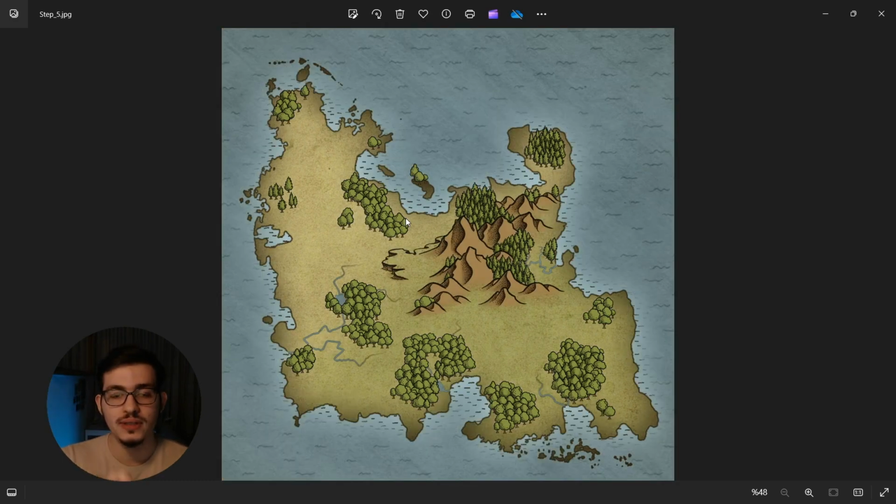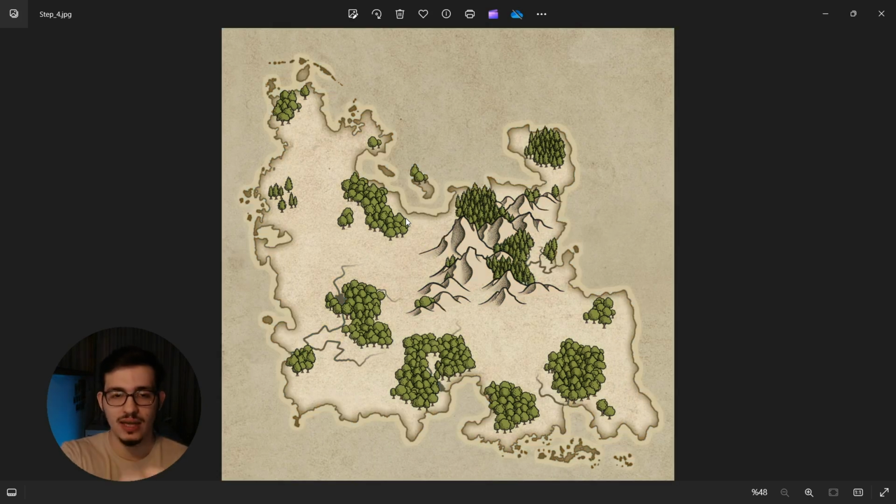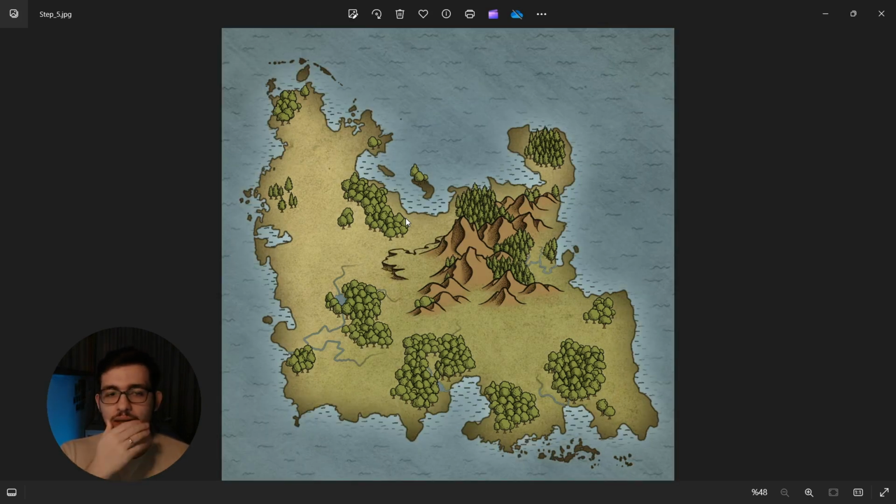After the forests, when you're coloring and planning, etc., you can also do the natural points of interest. So as you can see, we didn't have a cliff here, but now we have a cliff. It's going to be nicer to categorize in your mind, and the process is going to be smoother. If you're adding volcanoes, it may be nicer to do it when you are making the mountain ranges.